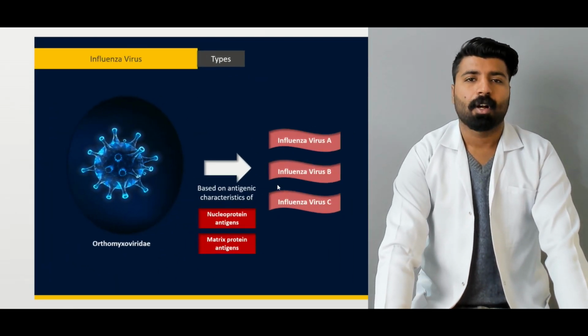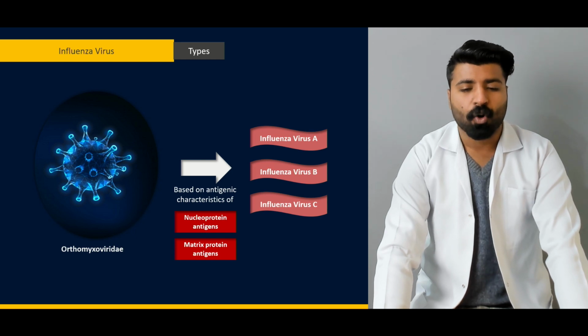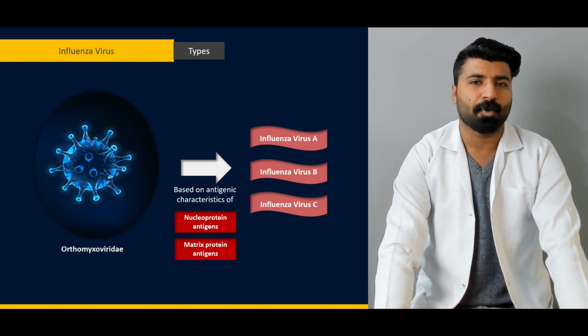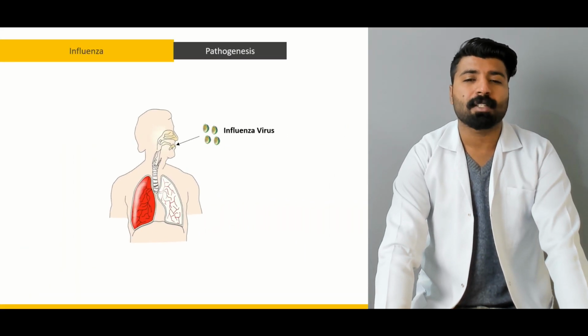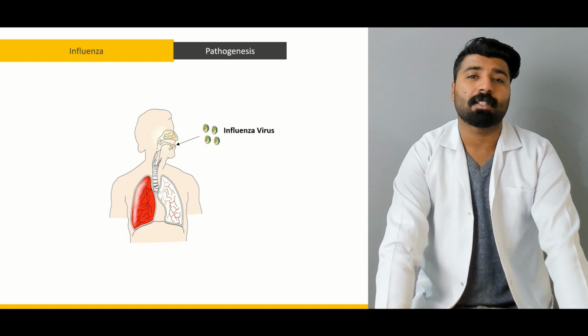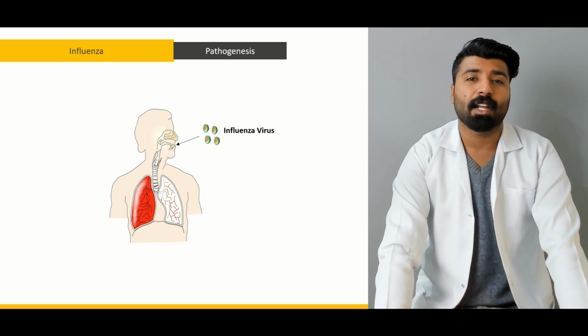virus are. Going forward, we're going to talk about how influenza virus is further subdivided into influenza A, influenza B, influenza C, and ISA virus on the basis of nucleoprotein antigens and matrix protein antigens. After that, we're going to talk about influenza pathogenesis: once this virus gains entry into your body, what pathological consequences your body goes through, up to the level of